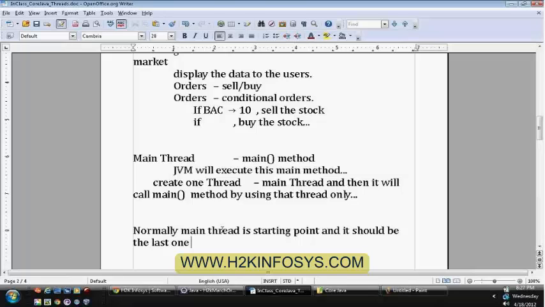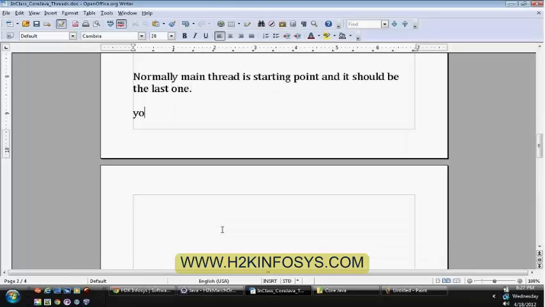And even if you create any number of threads, your main thread should be the last one to terminate. By using the main thread, you can create any number of child threads. We'll see later how to create a child thread.